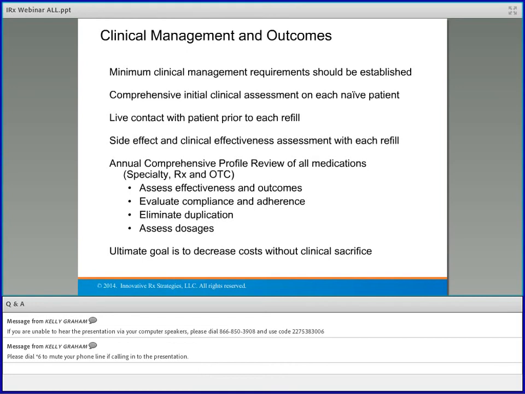And then really assess the dosages. Are they getting the outcome? If not, does that dose need to perhaps be adjusted, right? Either up or down to get the right kind of outcome coming out of this whole thing. So, right, the ultimate goal out of all this from a clinical management outcomes perspective really is to help reduce costs, decrease the cost of these things, but also get the clinical outcomes. Don't sacrifice any clinical criteria when you're trying to reduce costs. You want to make sure that you're managing your costs as effectively as you can, but you really need to get those clinical outcomes to make sure the patient stays healthy.